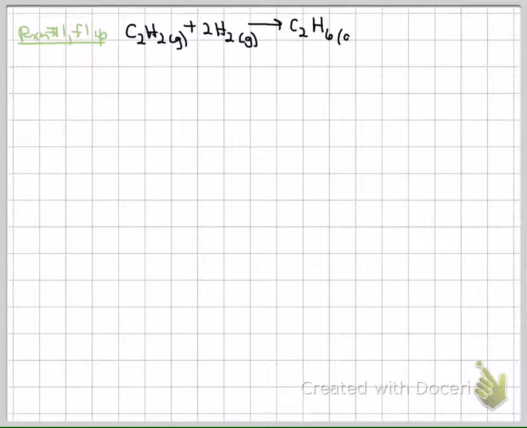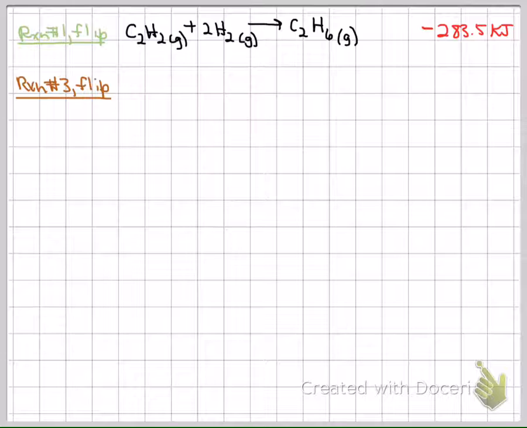I decided to go after reaction 1 because I need ethene, C2H2, to be a reactant, and so I'm going to flip reaction 1, which then is going to cause the enthalpy change to go from being positive to negative. So I've got one piece in position for my target. Next,